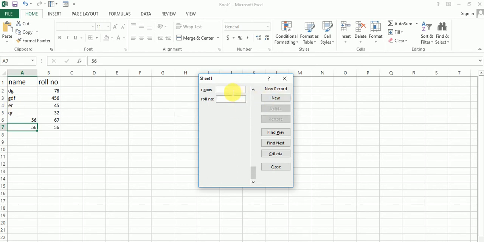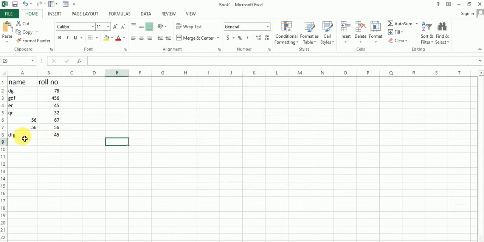You can see. Type any name and roll number 45 and press the New button. You can see my name is GFG and the roll number is 45. I hope everyone understood.